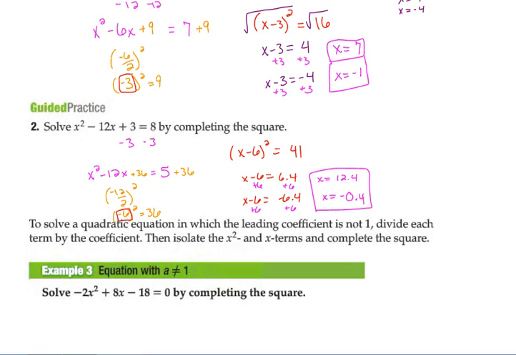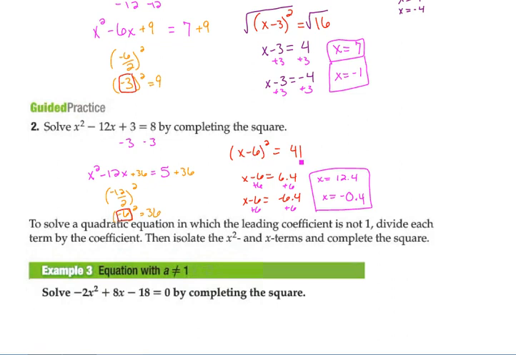Okay, of course, a little bit different because again, we isolated the 3. We ended up with a 5 over here. Figured out what to put in here by chopping the negative 12 in half and then squaring that, which was a 36. Added 36 to one side, have to add it to the other. So now that we have our perfect square trinomial, we can factor that down into two binomials of x minus 6, because remember, if that middle term is negative, then in our parentheses we are going to have a negative,